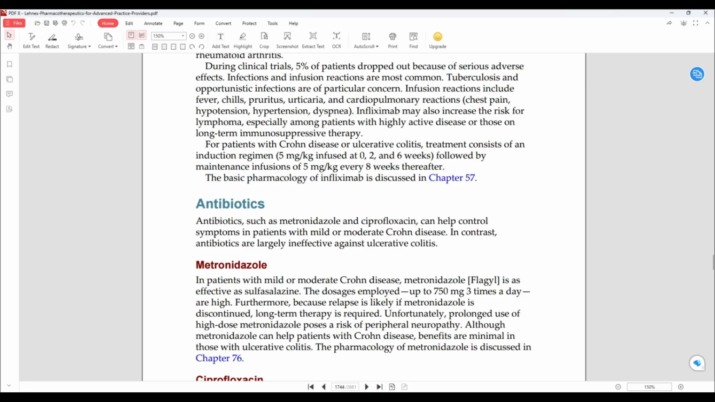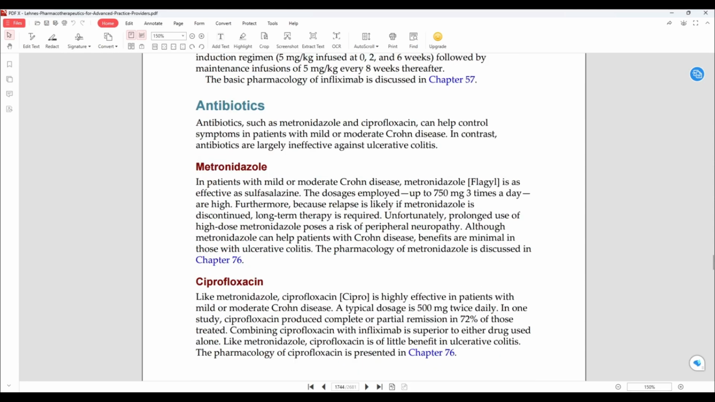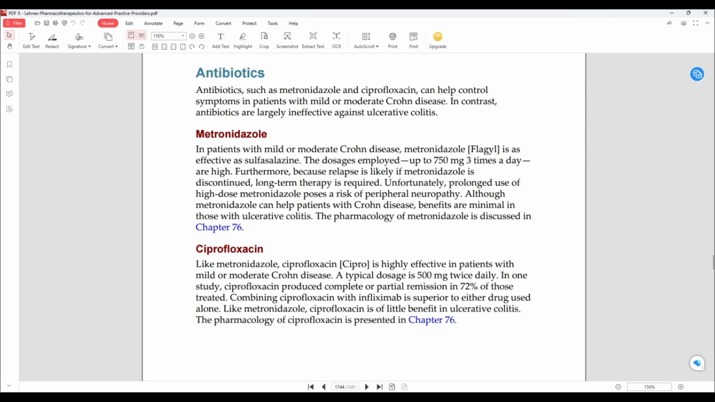Infliximab may also increase the risk for lymphoma, especially among patients with highly active disease or those on long-term immunosuppressive therapy. For patients with Crohn's disease or ulcerative colitis, treatment consists of an induction regimen, so 5 milligrams per kilogram infused at 0, 2, and 6 weeks, followed by the maintenance infusion of 5 milligrams per kilogram every 8 weeks thereafter. A basic pharmacology of the medicine is discussed in further detail in Chapter 57, which leads us now to